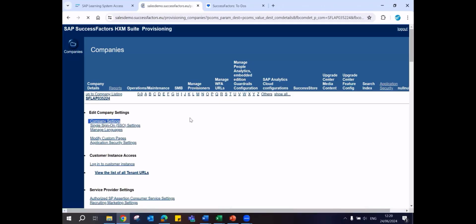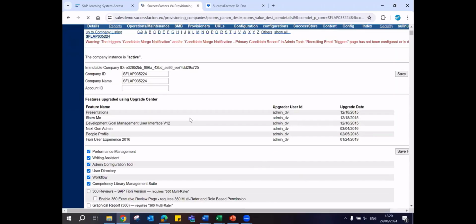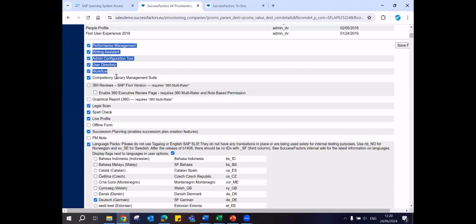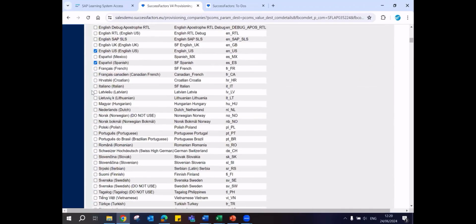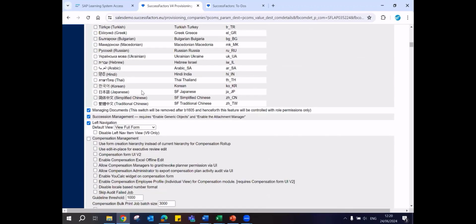When you get into it, you see several checkboxes. Each and every line item consists of a specific checkbox. That checkbox represents one particular feature or module to be enabled or not. So performance management to be enabled or not, that module. In that, different features and functionalities to be enabled or not again. Next, coming down, compensation management module to be enabled or not.